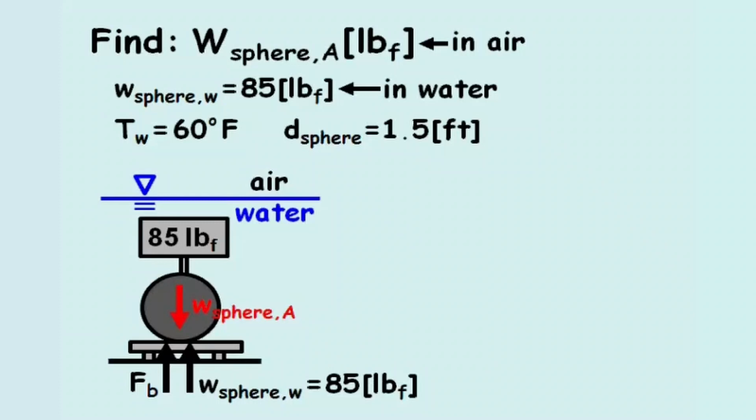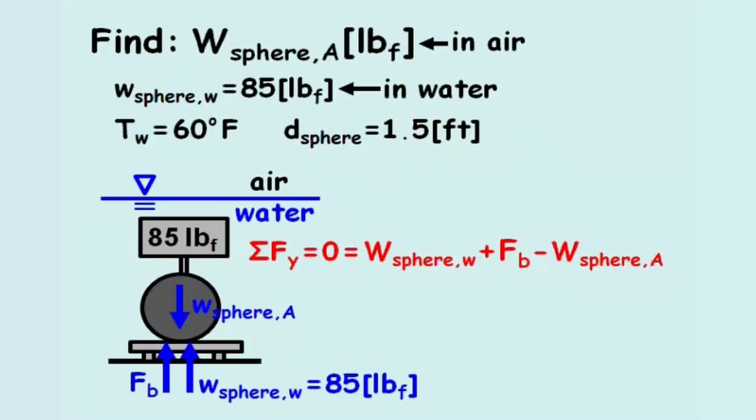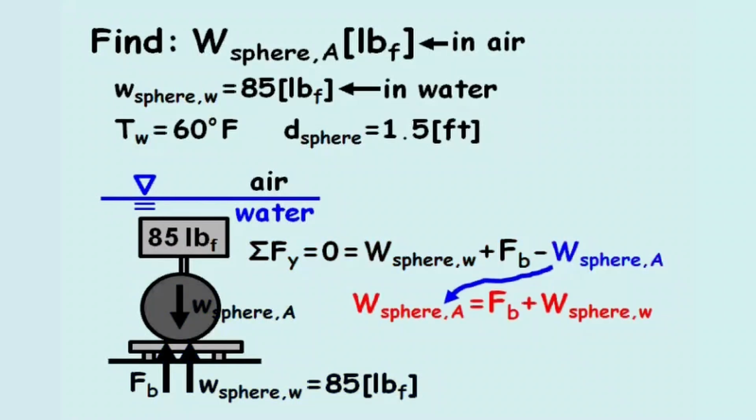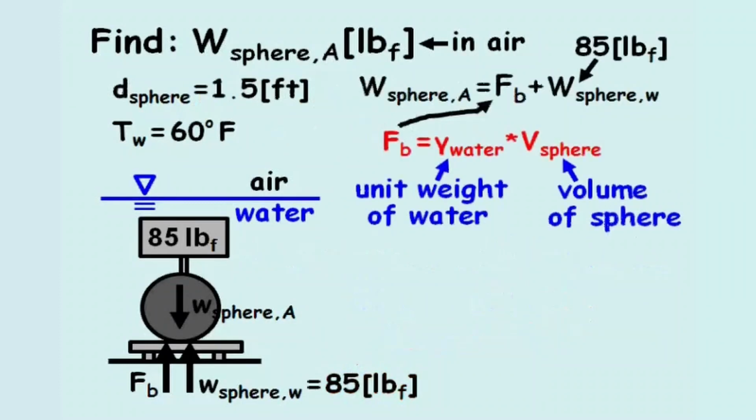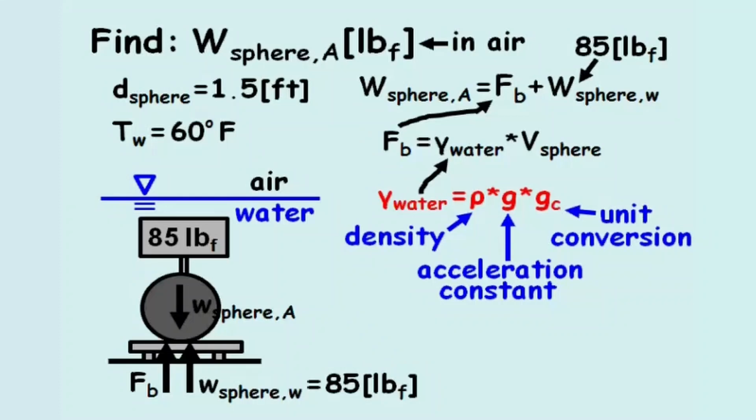Summing the forces in the vertical direction, we can isolate the weight of the sphere in air, which equals the buoyant force plus the weight of the sphere in water. We know the weight of the sphere in water equals 85 pounds force. So we're left to solve for the buoyant force Fb, which equals the unit weight of water times the volume of the sphere. The unit weight of water equals the density of water times the gravitational acceleration times a unit